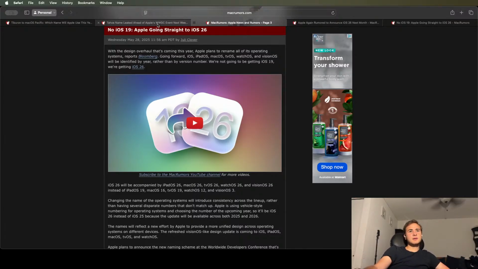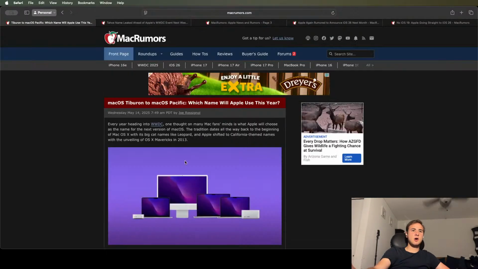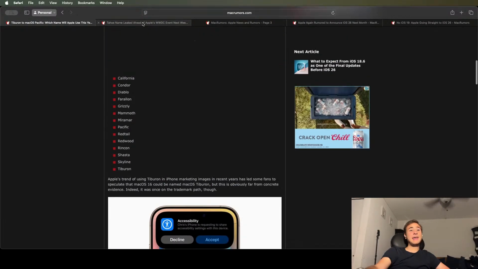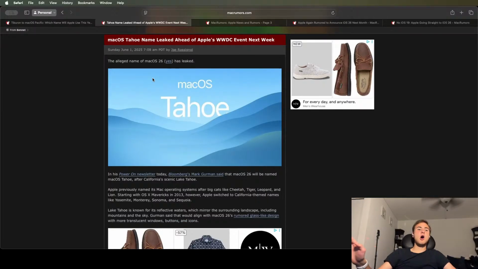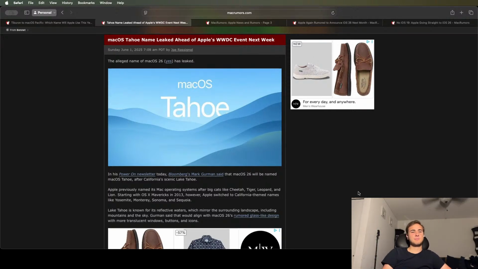And then if we were to go here, this is going to narrow things down even further because all these names are copyrighted. And speaking of which, they have all these places in California that they can use at any time, basically, and just copyright any time. So the fact that they did a random lake in California named Tahoe is a little bit interesting to see.